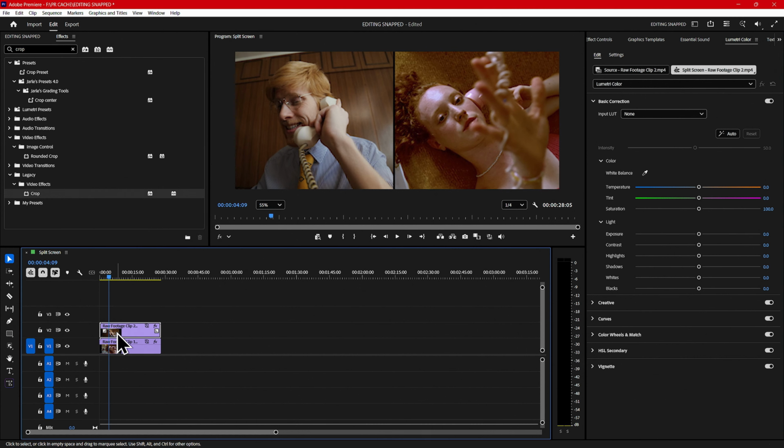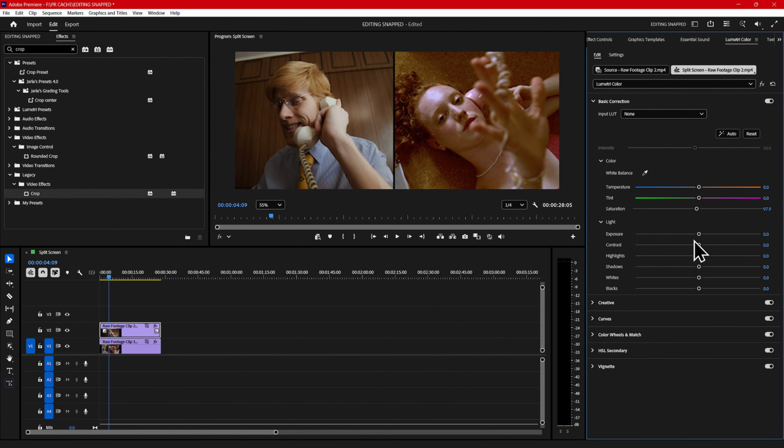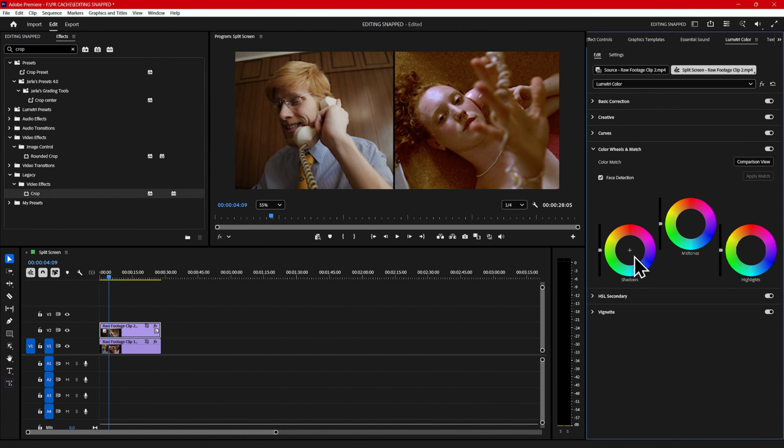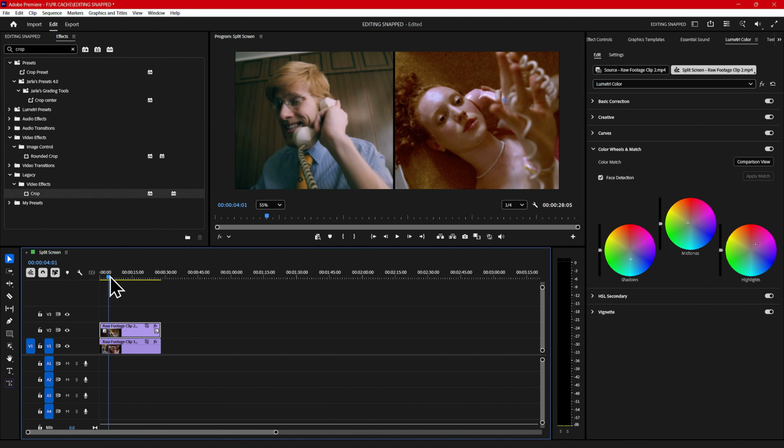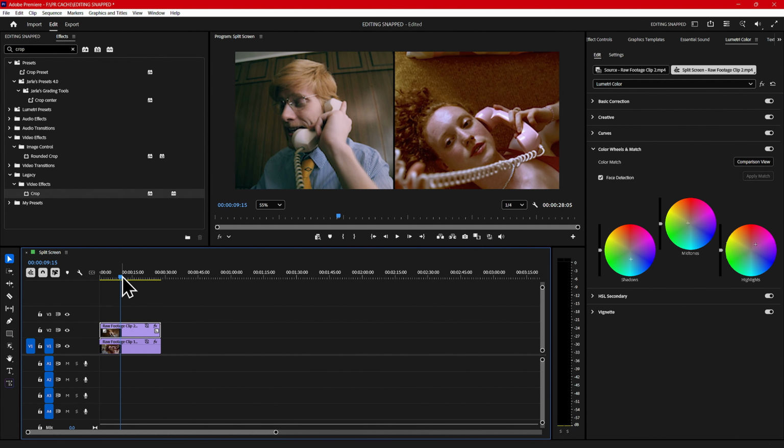Let's select the second clip, go to the Lumetri Color panel and just adjust some saturation. Now in the color wheels section, just set it to cooler to make it look cool. Yeah, let's see the before and after. Yeah, that's how we make both clips different from each other to make the perfect vibe for Netflix